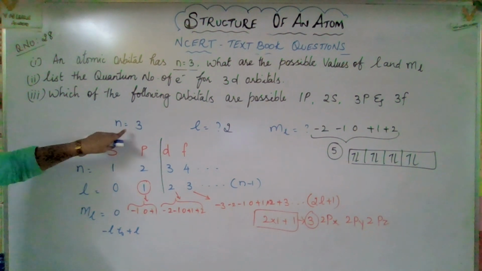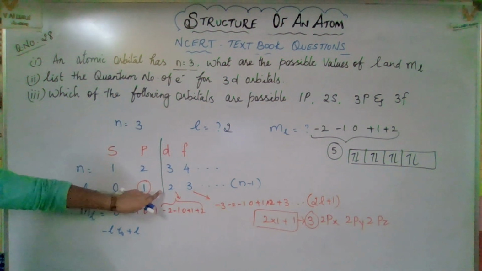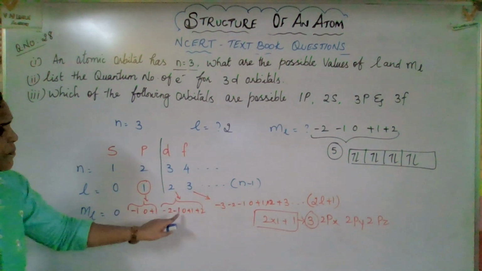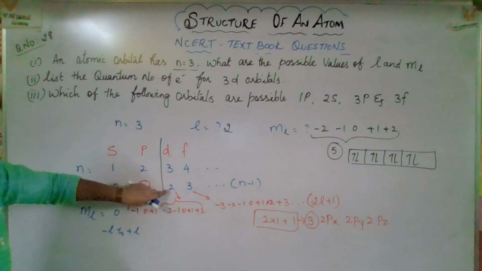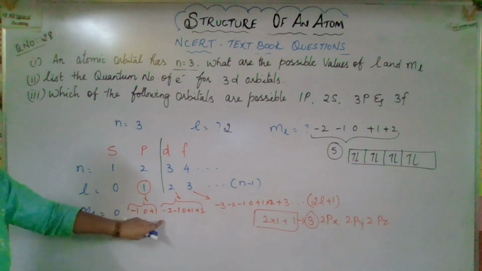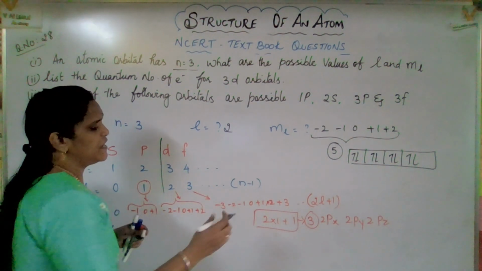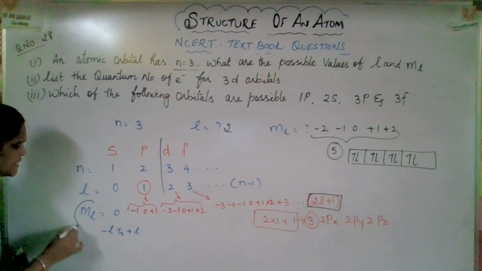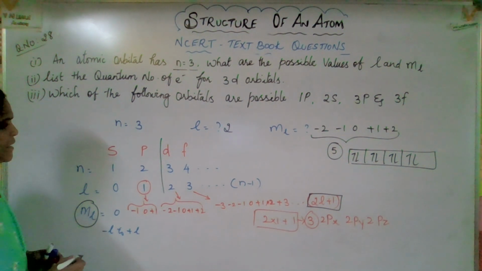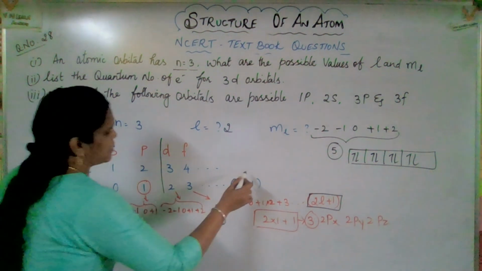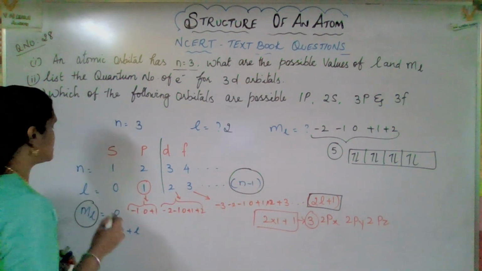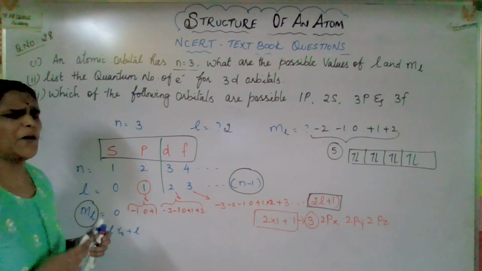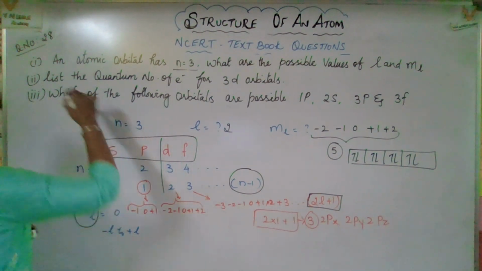So, n equal to 3 means l equal to 2 and ml equal to minus 2, minus 1, 0, plus 1 and plus 2. From this number onwards the minus will be coming, as I just mentioned. You can follow the formula 2l plus 1 to find the magnetic quantum number, and in the same way the azimuthal quantum number formula n minus 1, where n is the principal quantum number according to s, p, d, f: 1, 2, 3, 4. I hope you got a clear idea about the first question.